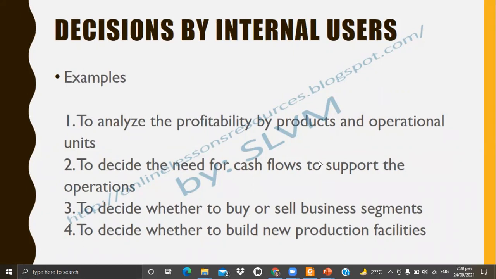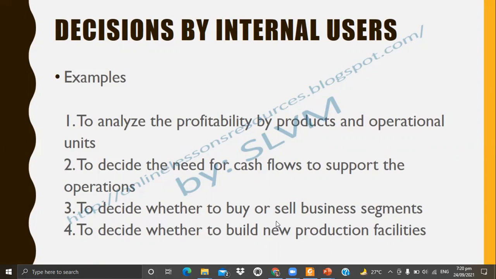Yan, to decide the need for cash flows to support the operation. Baka kailangan na natin ng mga investor or kailangan na natin mag-loan sa bank to expand the business, ganun. To decide whether to buy or sell business segments. Ayan, kung i-expand pa ba natin yung business or ibebenta na lang natin, lalo na kung hindi naman siya nag-ooperate ng maayos.